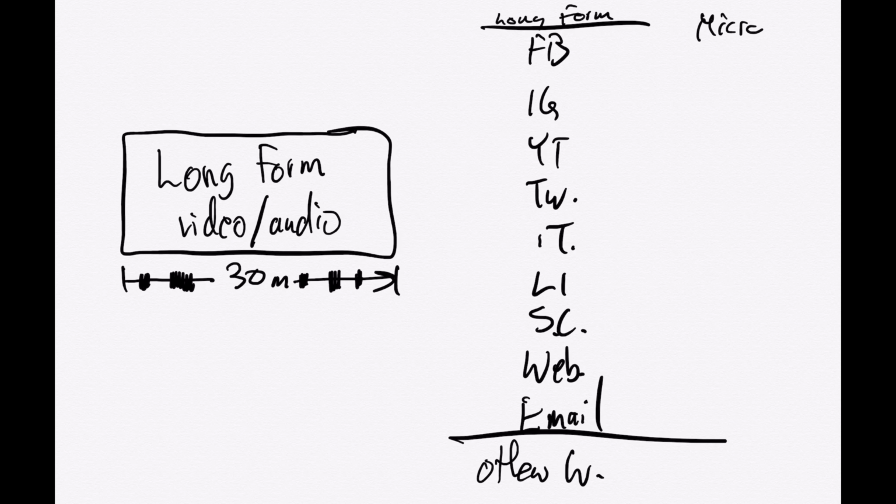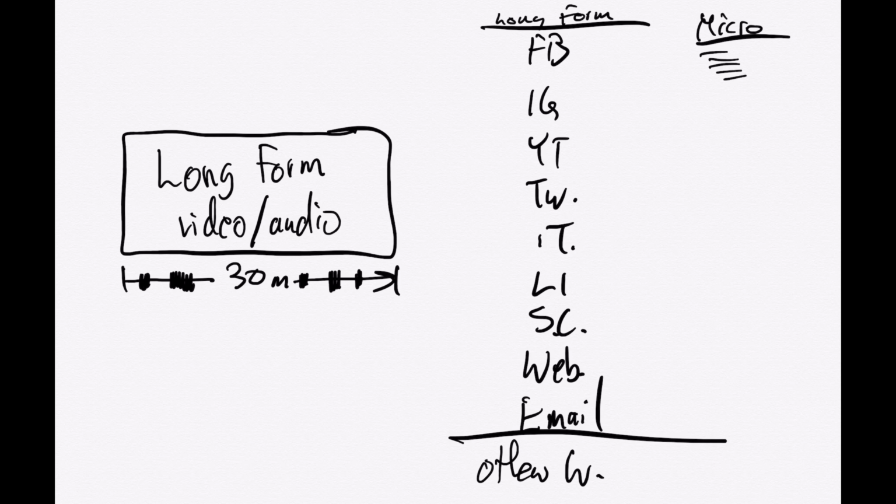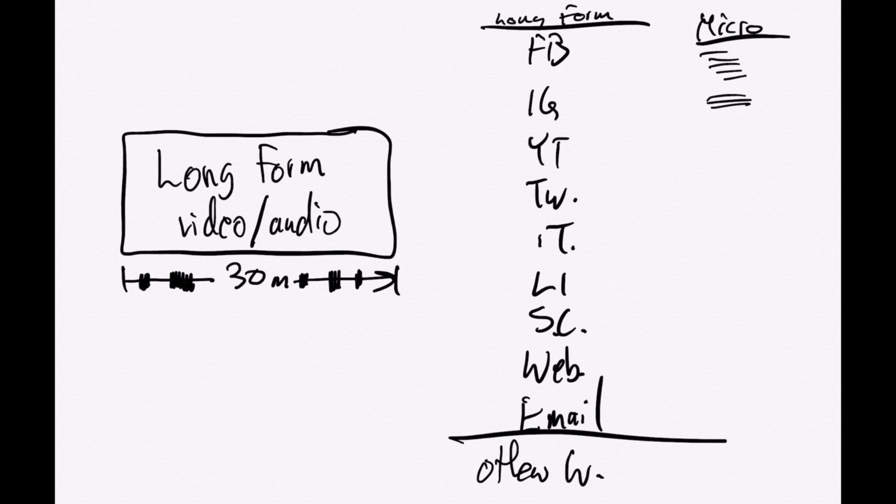So now you've got 5 additional pieces of content, but they're micro, small snippets of your content. Then you go back to your social media platforms and other websites, and you upload them again. So for Facebook, for example, let me just write this down, micro. You're taking the 5 different slivers of that content and you're posting them again on Facebook.